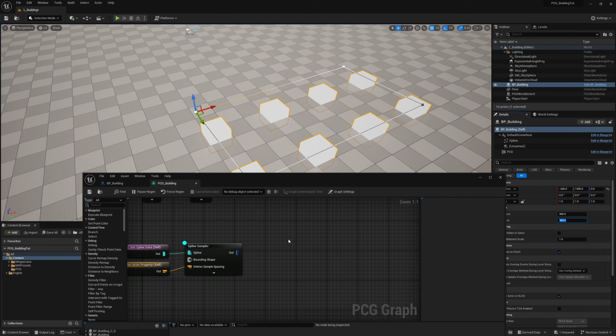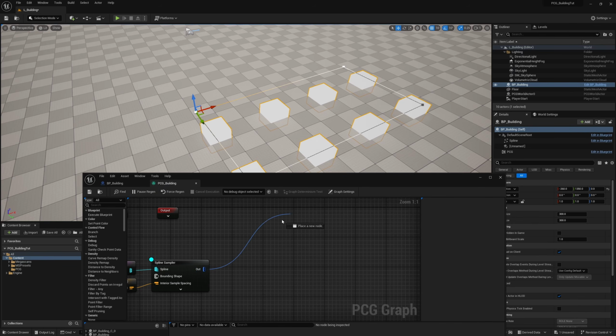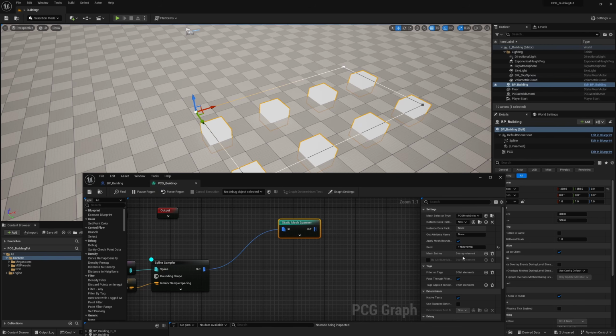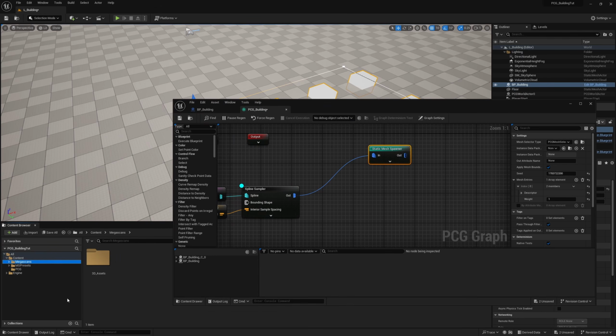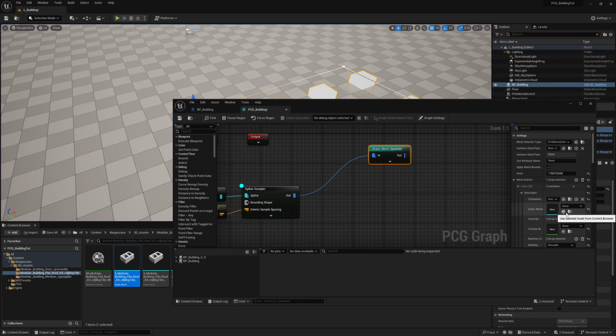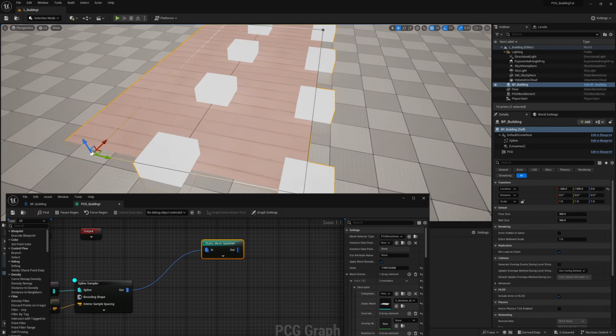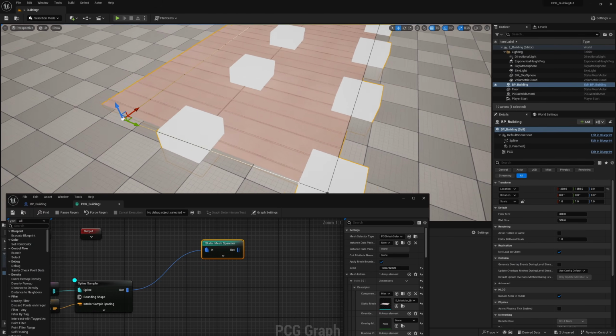Now let's go ahead and populate in our floor. To do that, we'll go ahead and first get a static mesh spawner. And I'm going to go ahead and add a mesh entry. And I have gone ahead and downloaded a couple of Megascans assets. So in my case, I'm just going to be using a roof mesh, but it is a flat mesh. As you can see right here, it is a nice flat mesh that we can just use as the floor